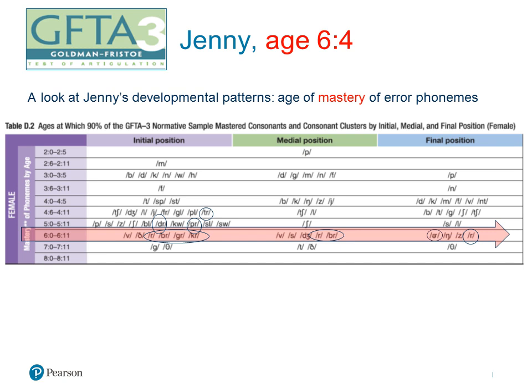But in the case of a child who's 6 and no R's have emerged, whether they're a boy or a girl, that is very atypical. It's not just the GFTA-3 data that have been collected. It is the research from previous publications that show emergence of R in boys as well as girls starts